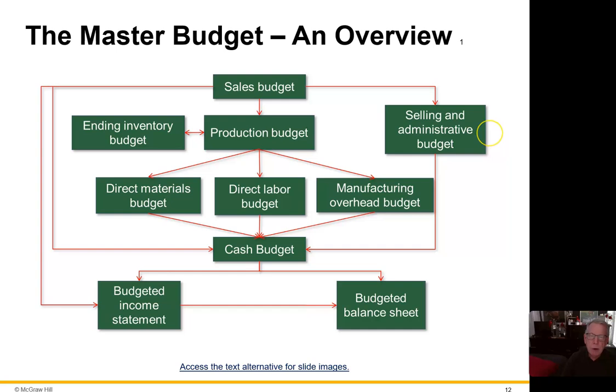So after doing it a few years, I realized the way to do that is to have the salespeople's bonuses be based on, at least to some degree, how well their budgeting is done. And whether they're off $1 high or $1 low, it doesn't matter. And you'd be surprised how well those salespeople can budget when their bonus depends on that. So then once I got a sales budget,